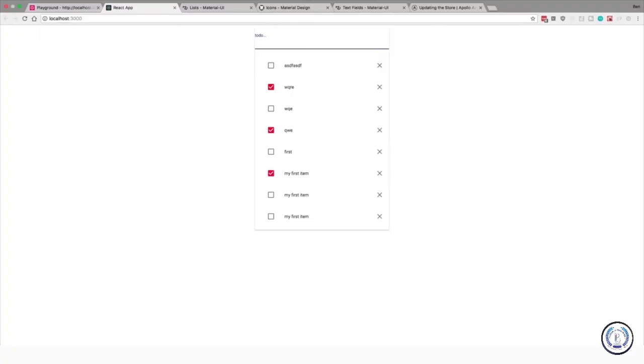So that is it for this tutorial. We did all the operations, creating, reading, updating, and deleting to-do items. I hope that was helpful, and you got a good grasp of how to do this and a little taste of how GraphQL and